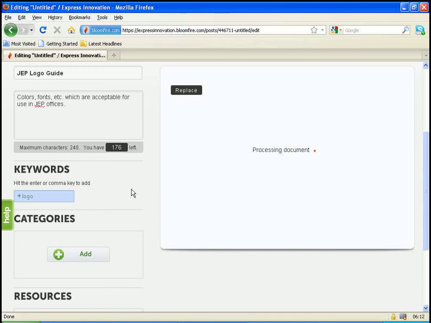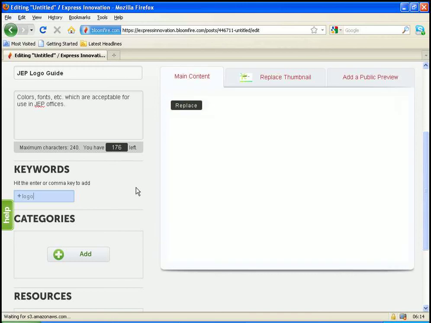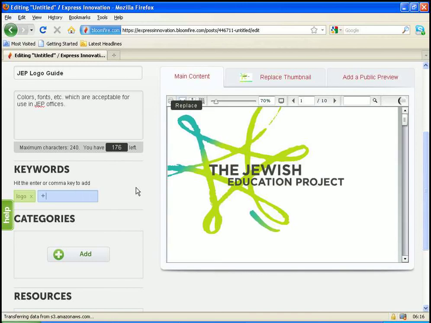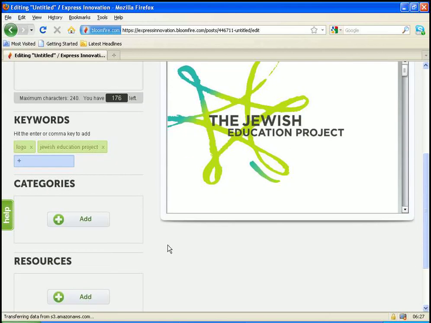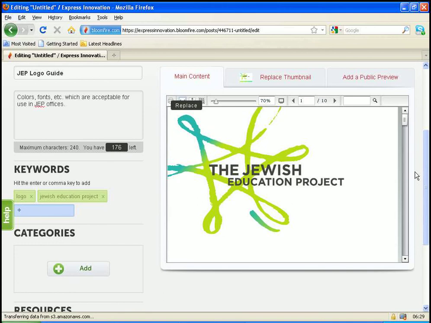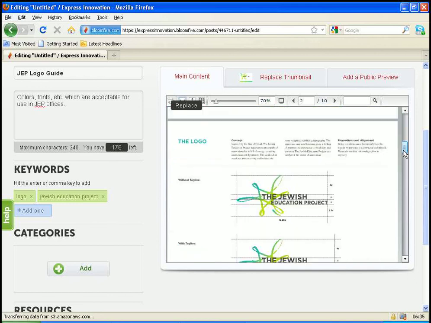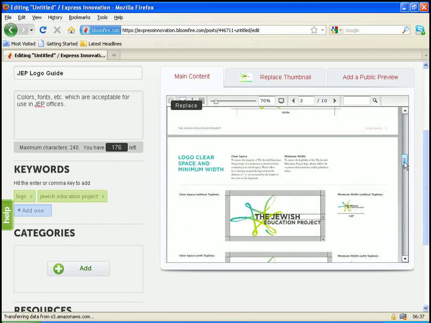I might add some keywords. I'm typing the word logo and hitting enter, and it opens up a new space for me. I'm not adding any categories at the moment. Now you see my document has uploaded, and now I can view it right here within Bloomfire,